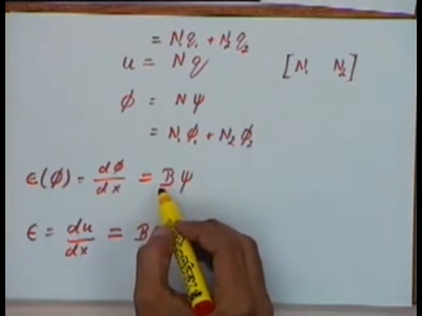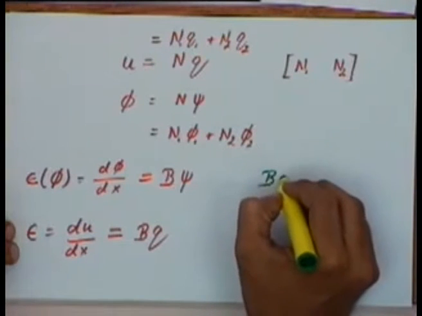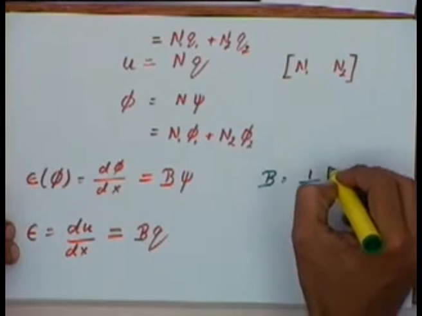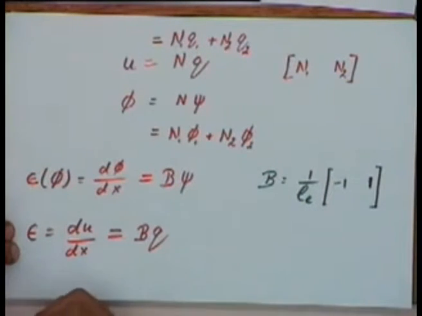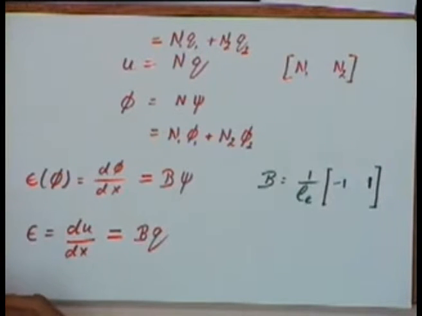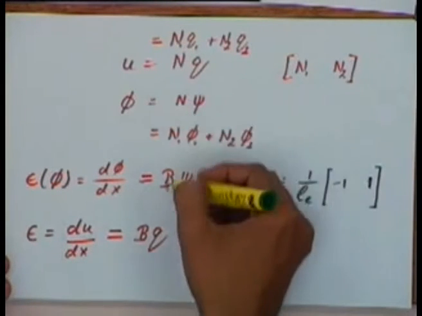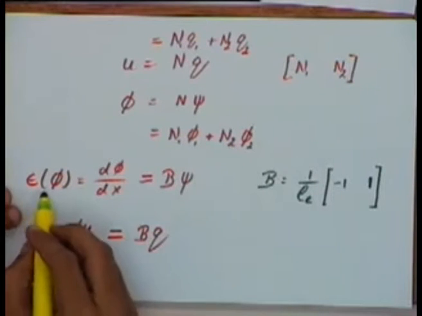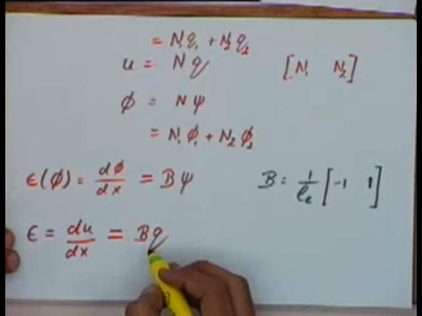Okay, and this matrix B is the matrix given by this expression. Okay, this matrix B is the same as the matrix here that we had, and the derivation for this is also absolutely the same. Okay, so epsilon of phi will be equal to B times psi, and epsilon is equal to B times Q,